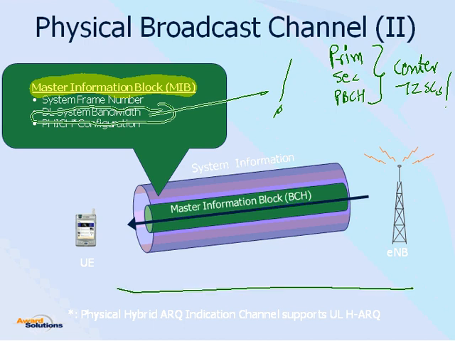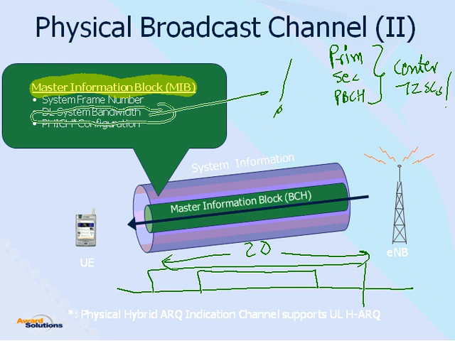So regardless of how much spectrum we are using, whether it is a 20 megahertz deployment, or 10 megahertz, or 5, primary, secondary signals and the broadcast will always occupy the center 72 subcarriers. So we do not even need to know the bandwidth when we are looking for these three signals in the